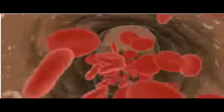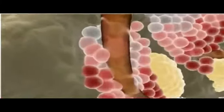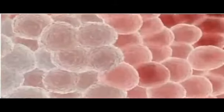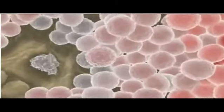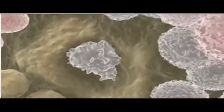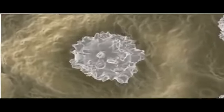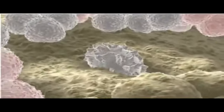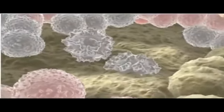Even after the embryo has grown into an adult, many of the body's cells continually die off and need to be replaced. For example, billions of red blood cells need to be replaced each day. This is the work of stem cells known as hematopoietic stem cells, which are located in the bone marrow. Residing in a complex cellular environment, the hematopoietic stem cell is able to generate precursors to every type of blood cell. And indeed, these stem cells have been used by physicians for decades to replenish patients' blood supplies following radiation